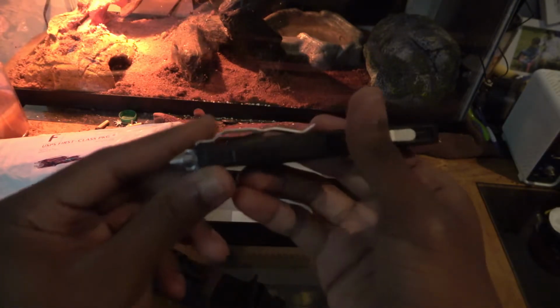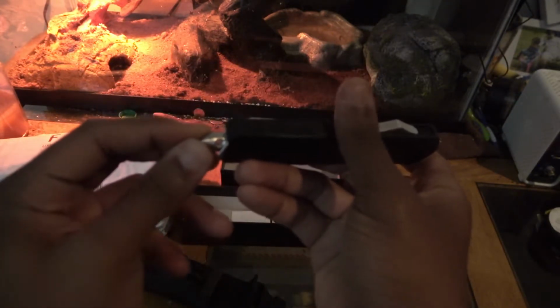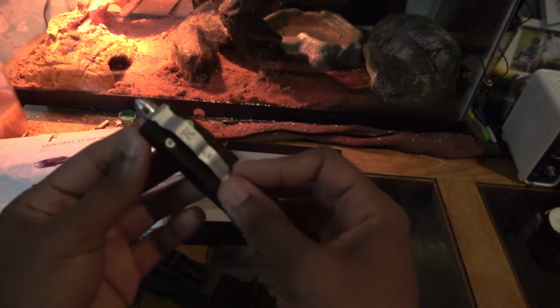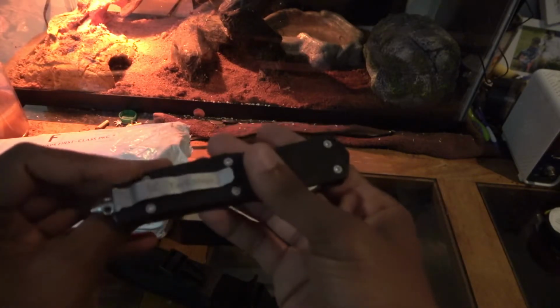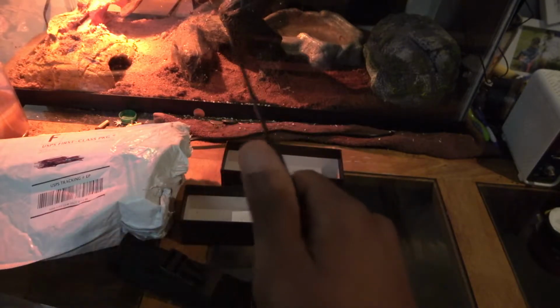That's cool. Got a little thing on the back to break a window. This seems kind of thick though. I don't know if this would actually do it, because my other knives, it's way thinner, and it feels like it would do it. This doesn't feel like it would actually break glass, but what do I know? I'll test it out one day. But yeah,